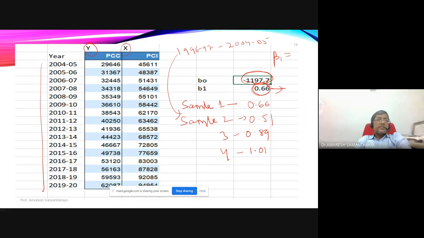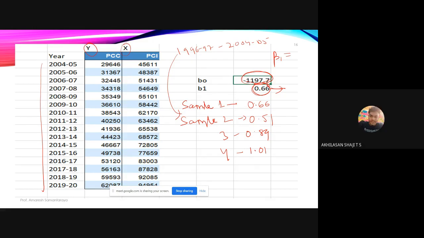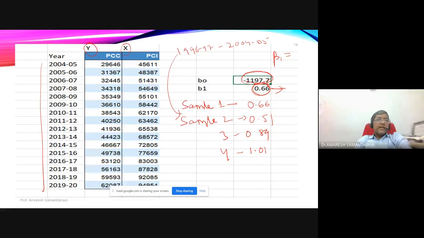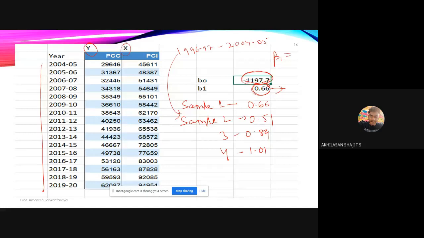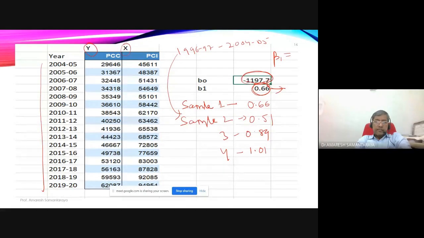Sir, Akhilesh, tell me. I had not studied econometrics, but I think can we use interval estimation for this? No, why interval estimation? Where is it coming from? You have just B1, right? Tell me. Okay, sir. This is just a sample statistic, while we are making predictions about these population parameters,